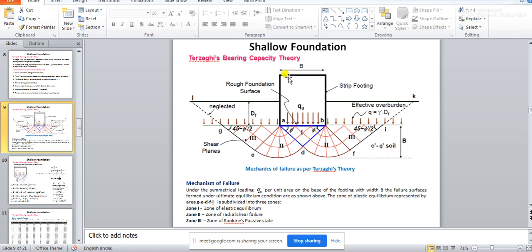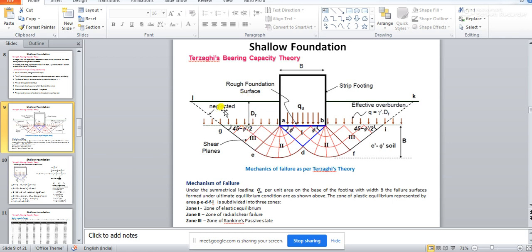So only two dimensions of the foundation will be concerned while deriving the Terzaghi's bearing capacity theory, that is the breadth of the foundation and the depth of the foundation. So you see, this breadth of the footing, let us say it is B, and the footing is a strip footing. So in the other direction, on this third dimension, the footing may have a length L, which is much more than this breadth B. Now this footing, you see, it is placed at a depth D. Can you notice this is placed at a depth D?